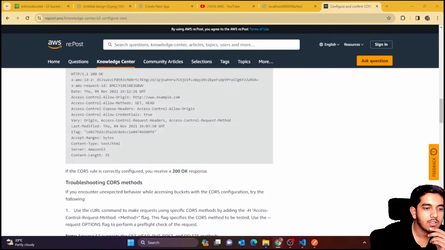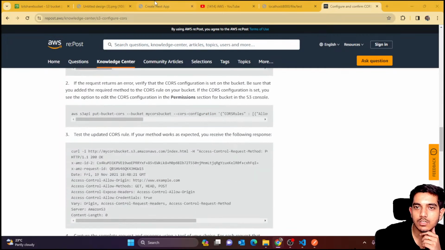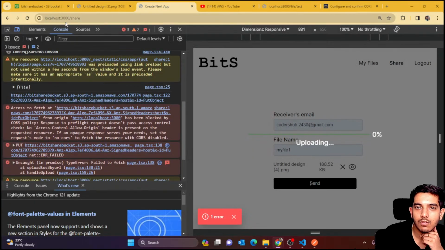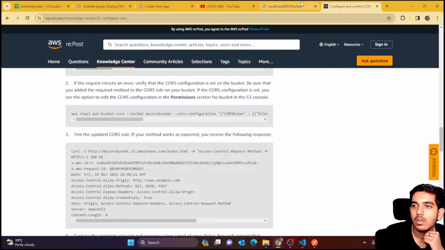Error message indicates that to resolve this you need to configure your S3 bucket. Okay. If you have S3 configuration, go to AWS configuration and write this configuration. Okay. Let me just do this again. Maybe I have missed out something. You can see that this is the front end URL localhost 3000 and